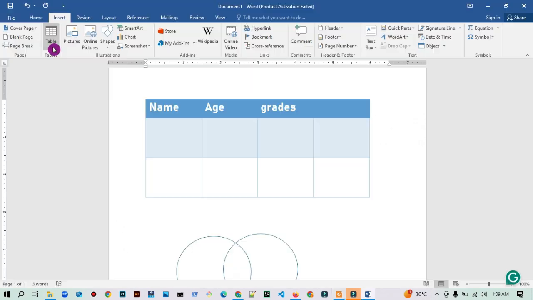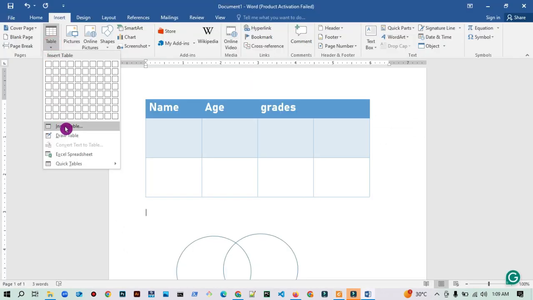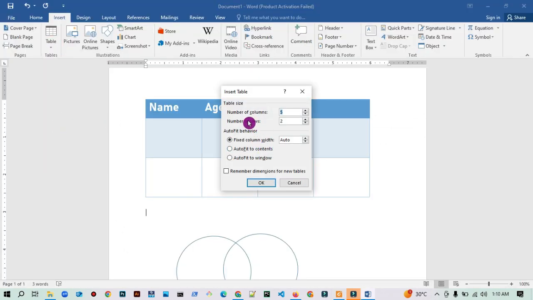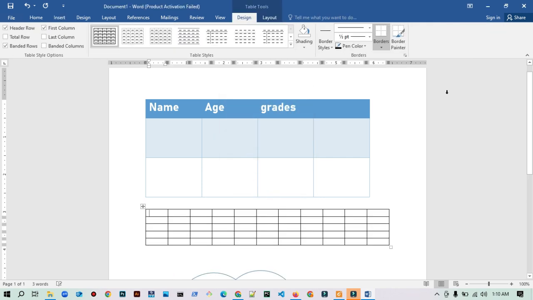And also if I click on this, can you see over here, insert table? It gives you the option for the number of columns, how many columns do you want. Suppose I want 11 columns, and how many rows do you want. If I say I want 5 rows, I just have to click on this, and for fixed column width I would say auto, so that I can arrange the size of it. If I press OK, can you see that this is how you can also create the number of columns and